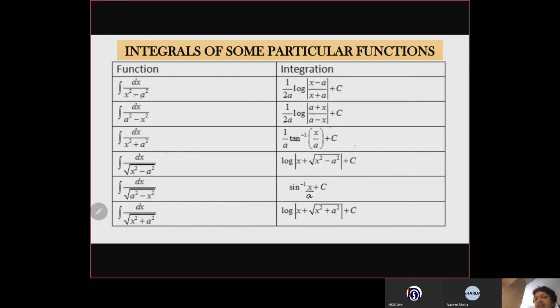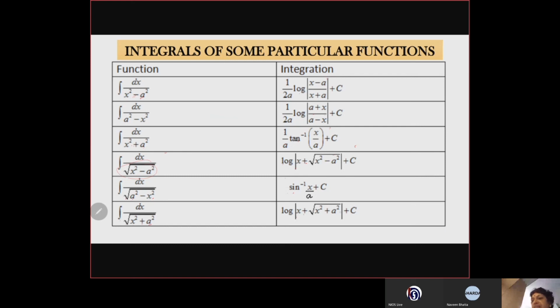अब इन्हीं के साथ अगर हम रूट लगा दें डिनोमिनेटर पे, आपको याद होगा इंटीग्रल 1/√1 माइनस x स्क्वायर है साइन इनवर्स x। तो इंटीग्रल dx अपॉन रूट 1 की जगह अगर a स्क्वायर माइनस x स्क्वायर है तो that becomes साइन इनवर्स x बाय a प्लस c। ठीक है, बाकी दोनों केसेस में लॉग मॉड x प्लस जो भी डिनोमिनेटर में है वो पूरा का पूरा प्लस c। सो इंटीग्रल dx अपॉन रूट ऑफ x स्क्वायर प्लस a स्क्वायर बनेगा लॉग मॉड x प्लस जो भी डिनोमिनेटर में था that is रूट ऑफ x स्क्वायर प्लस a स्क्वायर प्लस c।